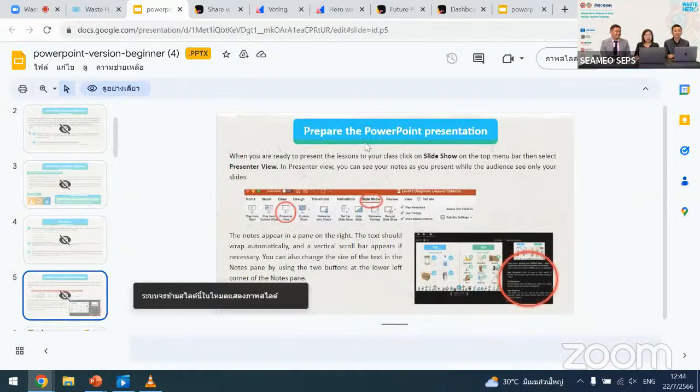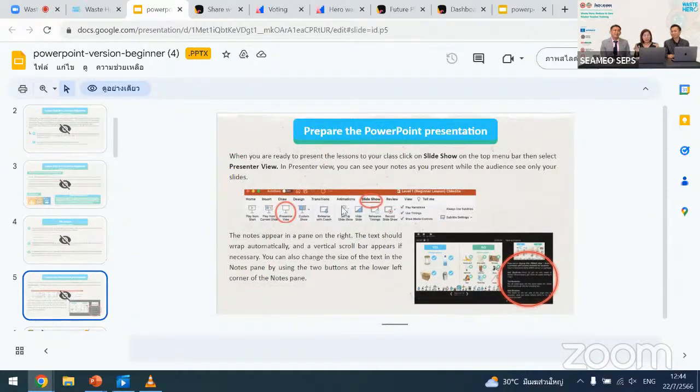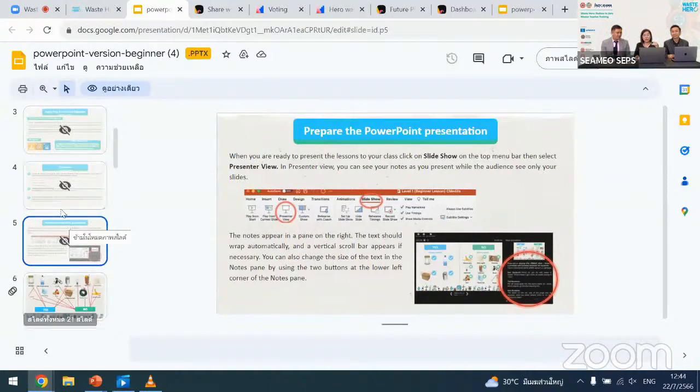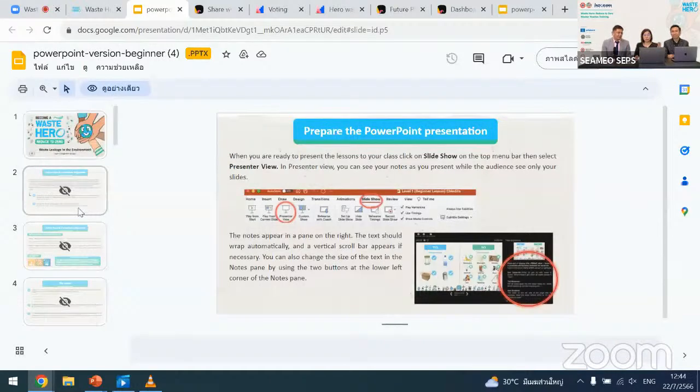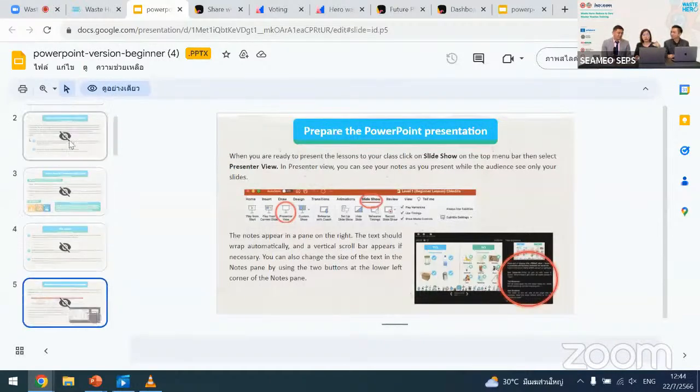It also tells you how to use the PowerPoint and how to click on it. There are some technical suggestions for you too. So if you want to directly use this in your classroom, you can do it because there are 2 views, student view and presenter view. If you click on the student view, then students won't be able to see the facilitator notes.